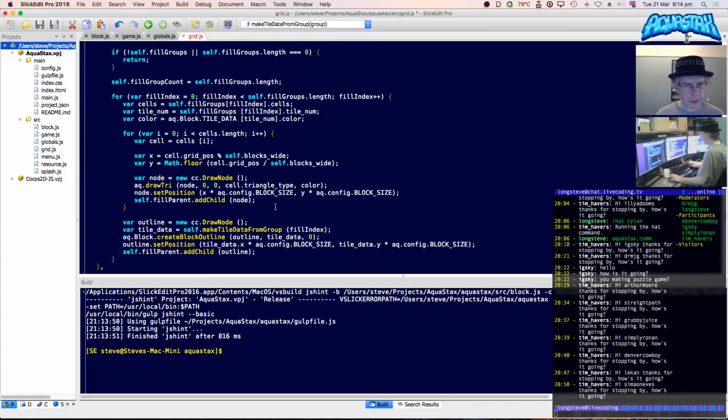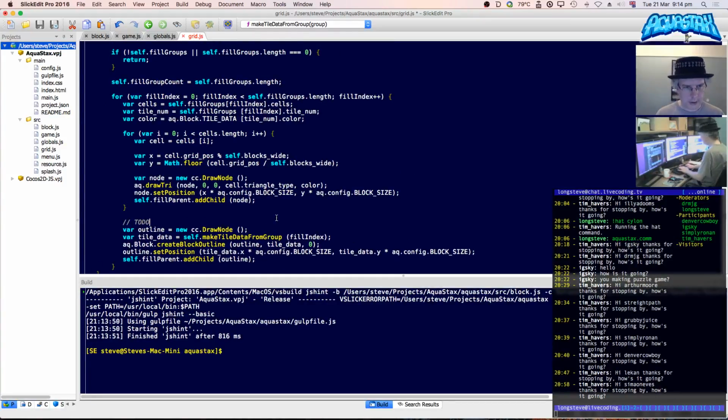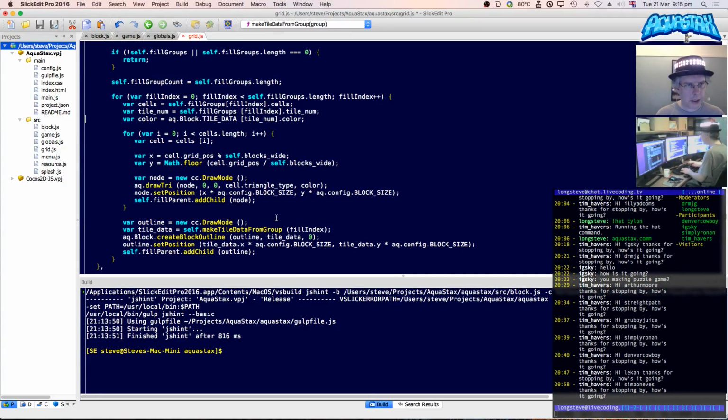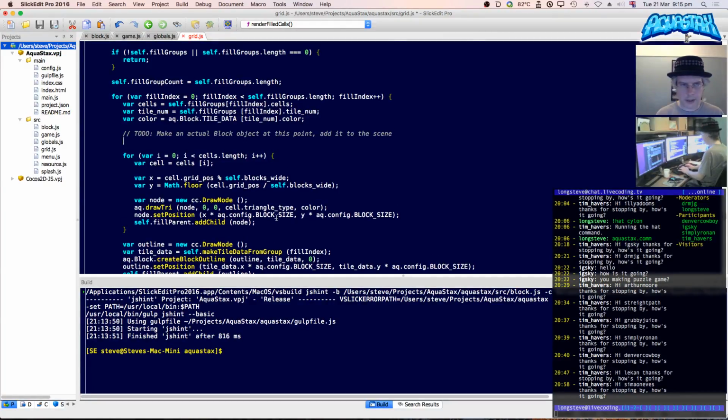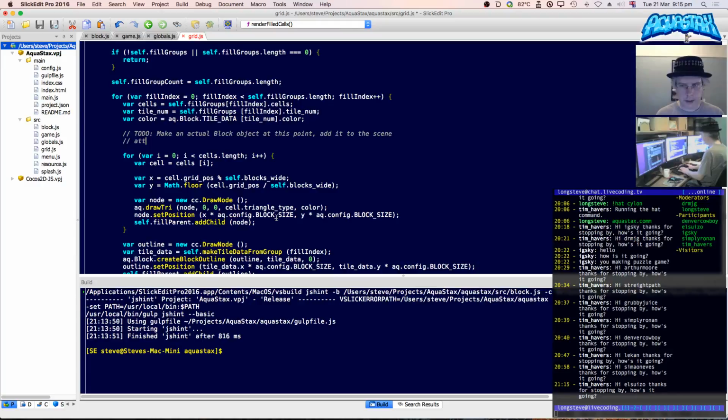What I'm going to do here is put a to-do in. Make an actual block object at this point. Actually, I'm going to do it here. Make an actual block object at this point. Add it to the scene at the